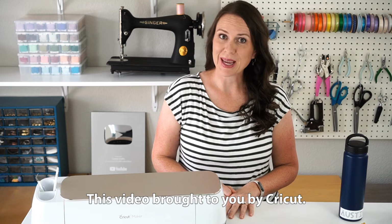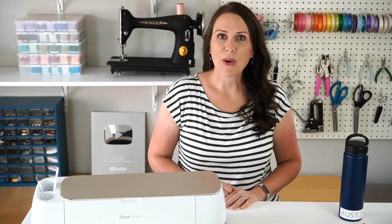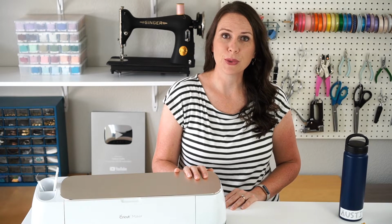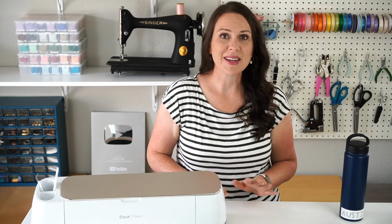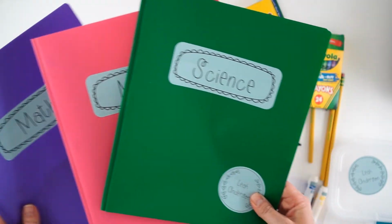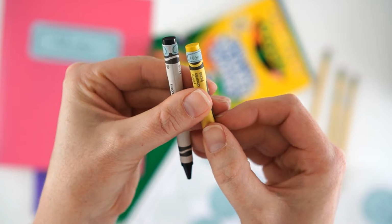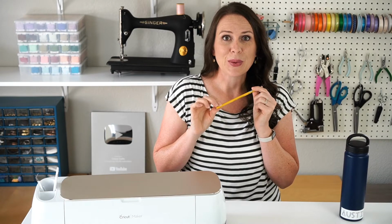It is back to school time, and that means it's time to go school supply shopping. So today I wanted to take some time to show you how to use your Cricut machine to label all of those school supplies. So today I'm going to cover everything from folders and notebooks to individual pencils and markers and crayons. Yes, I'm going to show you how to make labels for each individual pencil so that your kiddo doesn't lose them,